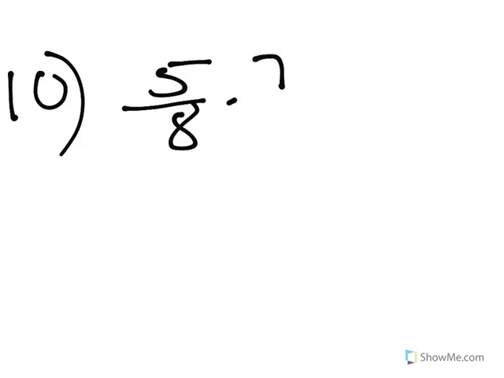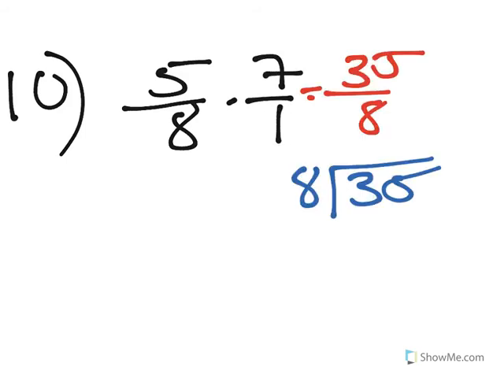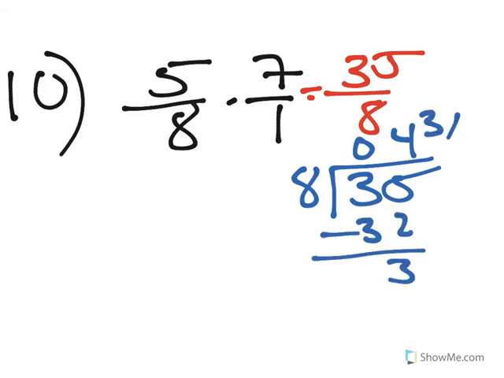You would multiply this by 7 over 1. So I know that 8 doesn't go into 3, but 8 will go into 35 4 times. And 4 times 8 is 32, and I get 4 3/8. Now I'm going to go to the next page. I'm going to do the next one, which is 1